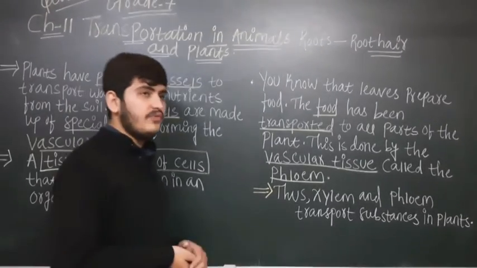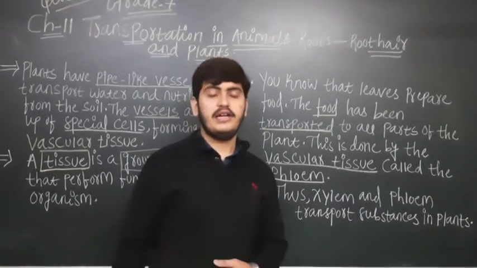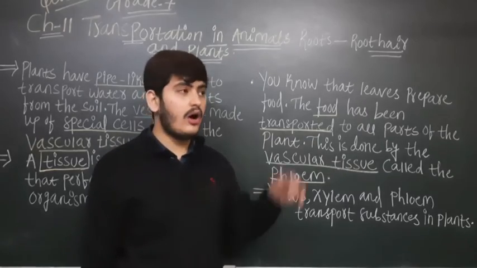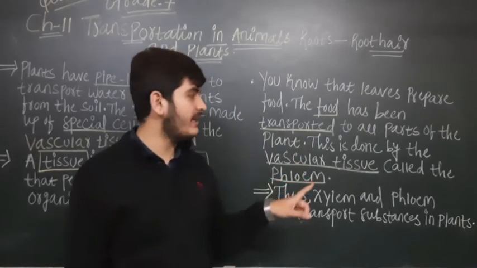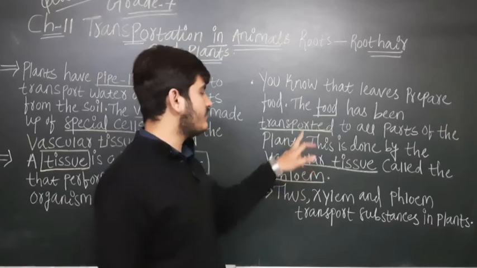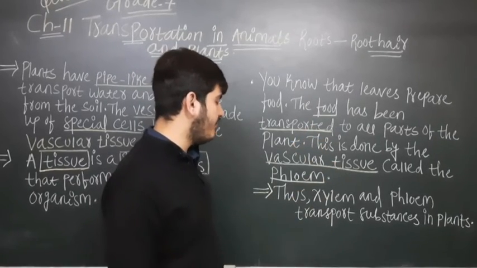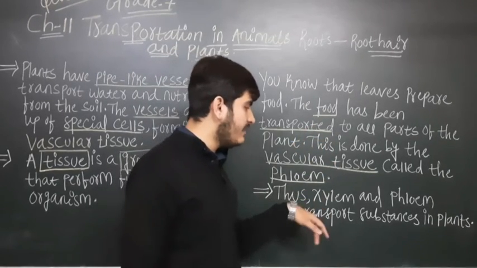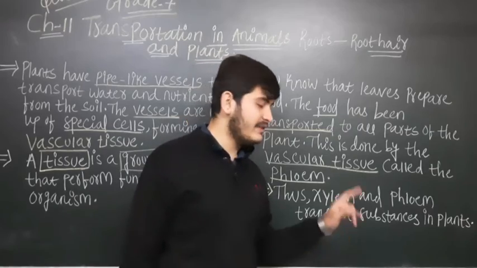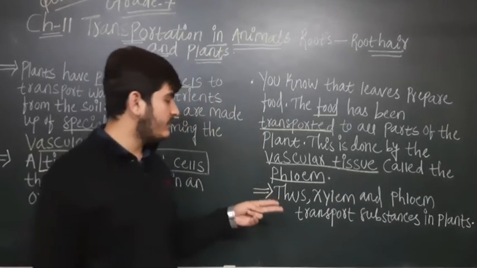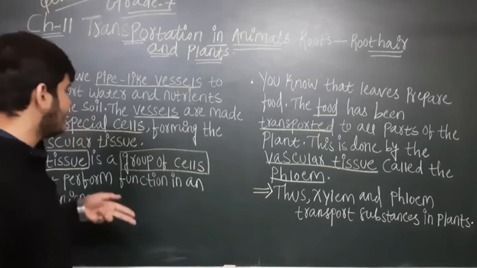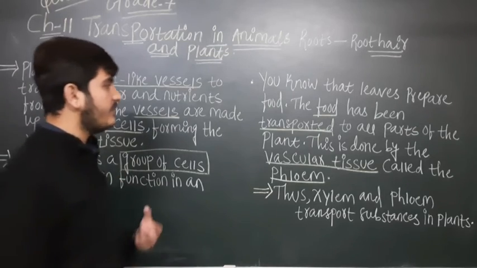Now in the xylem, what is the function of xylem? It transports the water and the nutrients to all the parts of the plant. That is the function of xylem. Now what is the function of phloem? It transports the food to all parts of the plant. So thus xylem and phloem transport substances in plants. So these are the two tissues, these are the two cells, we can say, that perform the function of transportation in